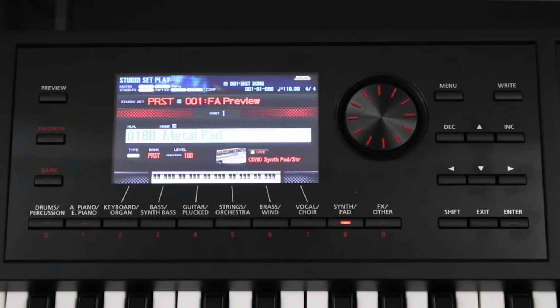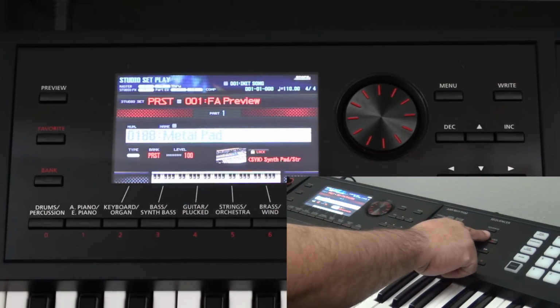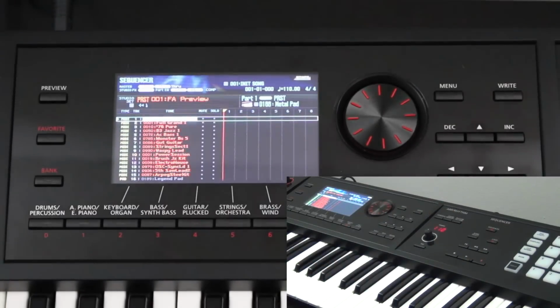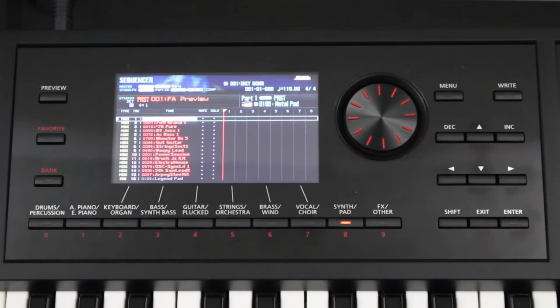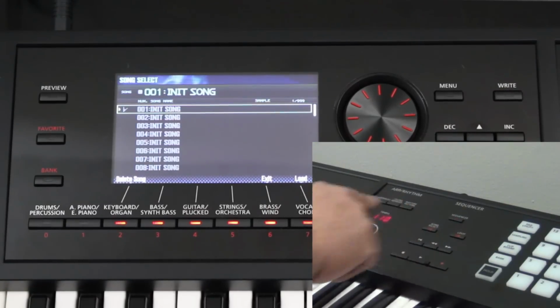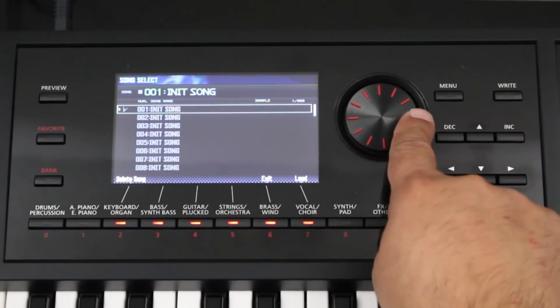So in order to create a sequence, first we have to press the sequencer button, which is just to the right of the screen, and it says sequencer. Press that button, and now we get this screen. Now if there happens to be a demo song there or another song that you don't want to work on, you can either go to the song select right here and just choose an initialized song,